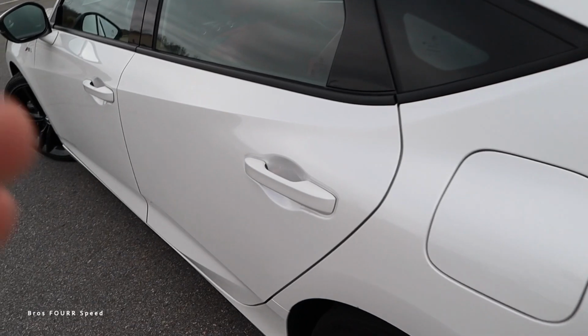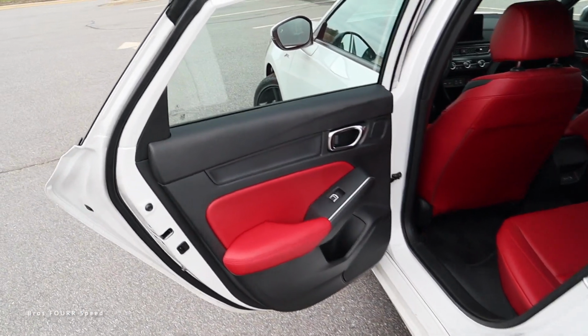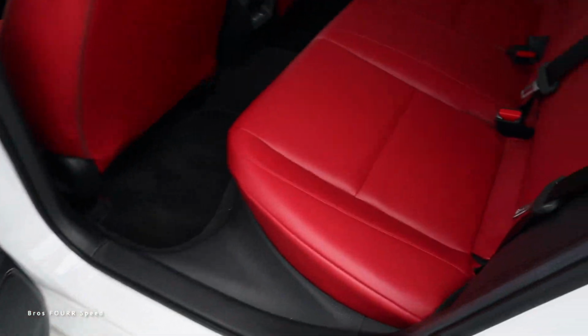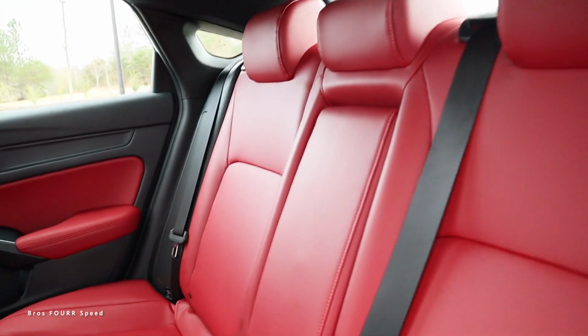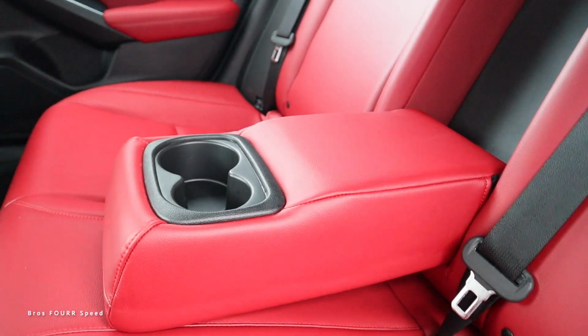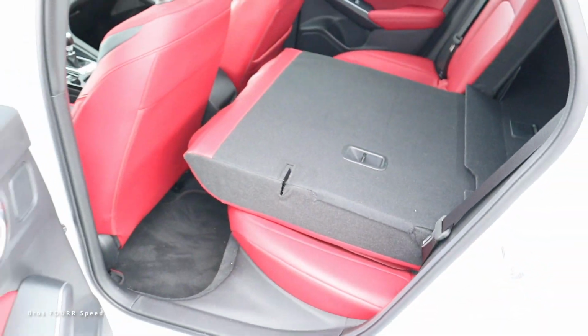And then moving on to the rear seat space, if I grab the door handle and open it up, the door panel's finished off just like we saw up front with all the red material, and then in back you get the solid red leather material all throughout it. This can seat 3 people. You can grab the center one as well. You get 2 cup holders along with an armrest, and then you do get 2 USB ports right in the center. You can also grab these handles, pull the seat forward, and they're gonna fold pretty flat to really maximize